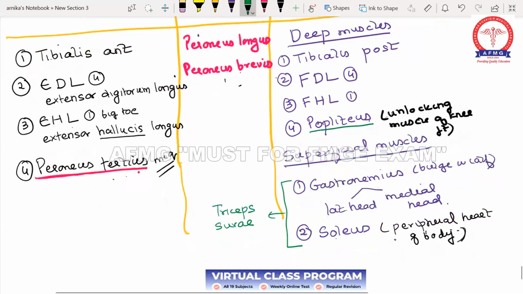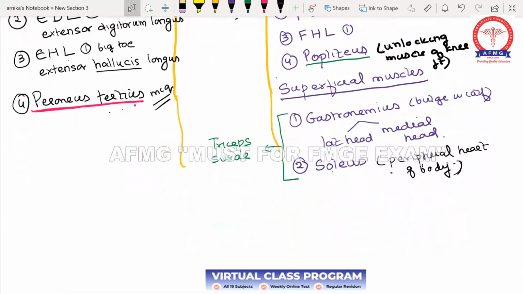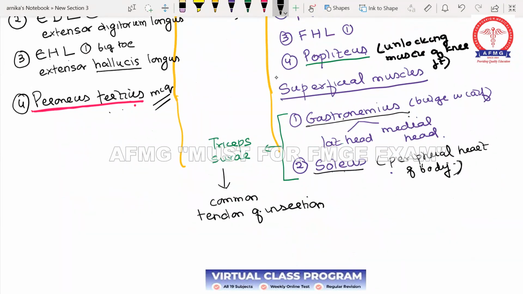Both these muscles, triceps surae, have a common tendon of insertion. The muscles' origins are different, but they have a common tendon of insertion. Which muscles have a common tendon? Gastrocnemius and soleus. Gastrocnemius has 2 heads, lateral and medial. That's why it becomes 3. 1, 2, 3. These muscles have a common tendon of insertion, which is called